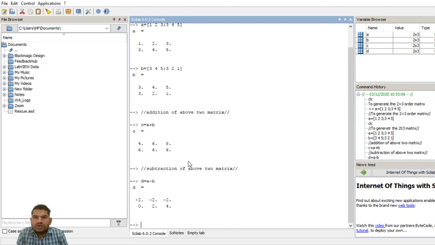Now when we come to the multiplication operation, matrix multiplication is different and term by term multiplication is different. Now I want to perform the term by term multiplication, and after that matrix multiplication. How do we perform term by term multiplication?